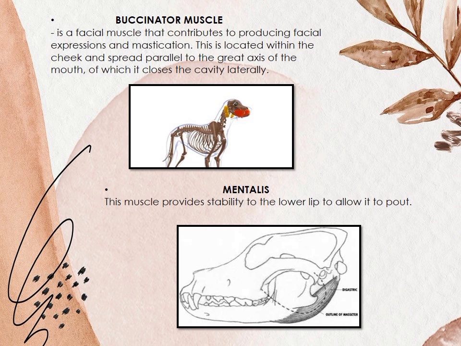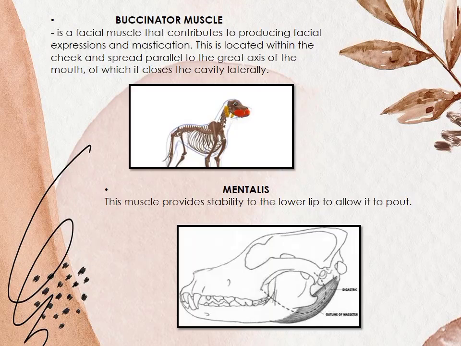Next is the mentalis. The mentalis is a muscle that provides stability to the lower lip to allow it to pout. The mentalis is a division of the buccinator's ventral portion. Mentalis muscle helps us to pout. The lower lip is raised and protruded with the help of this muscle. The mandible, also known as the incisive fossa, is the point of origin, while the chin skin serves as the point of